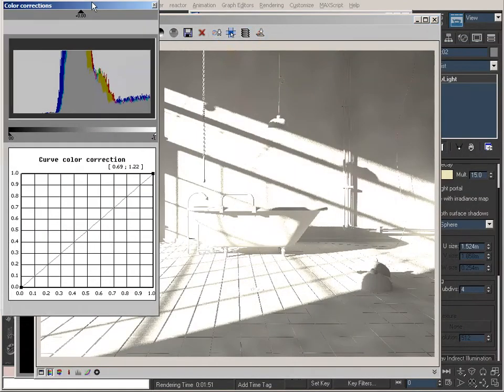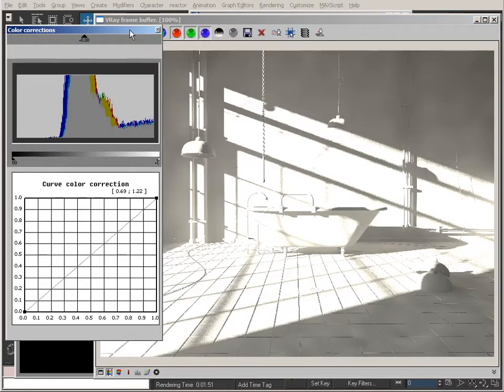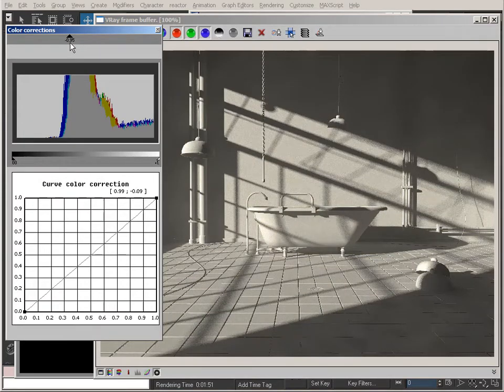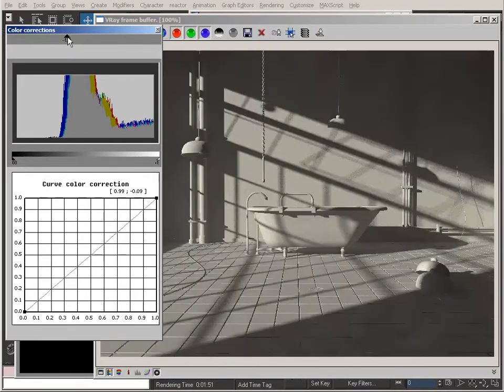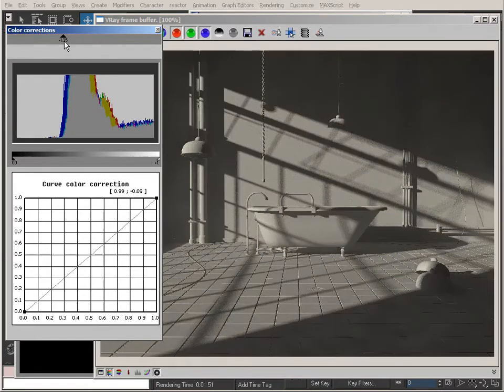correction tool here. I'm going to set it aside here, let's make a little more space, try to get both of them in the same slot. And then if you turn this exposure on and you use exposure, you can expose up your scene or expose down, and you can really get an idea of what's happening. Keep in mind that everything that's rendered out of V-Ray is going to come in as an HDR, so you have a lot of dynamic range in your scene, so it's really a nice thing to